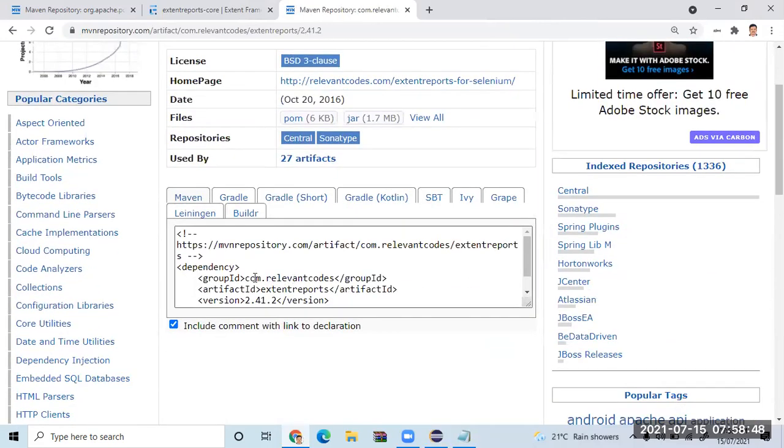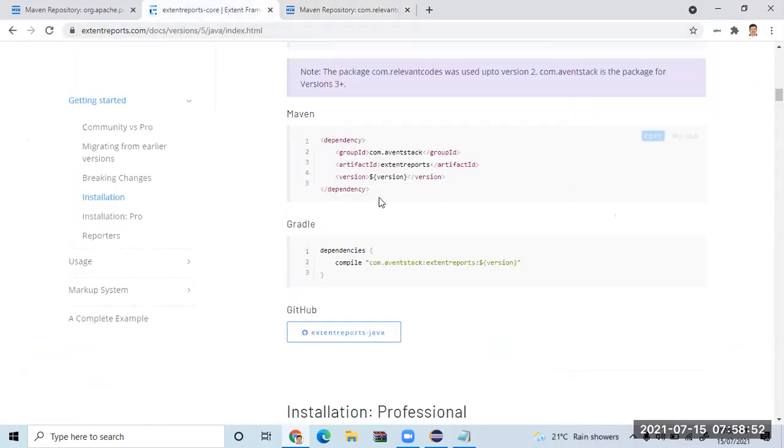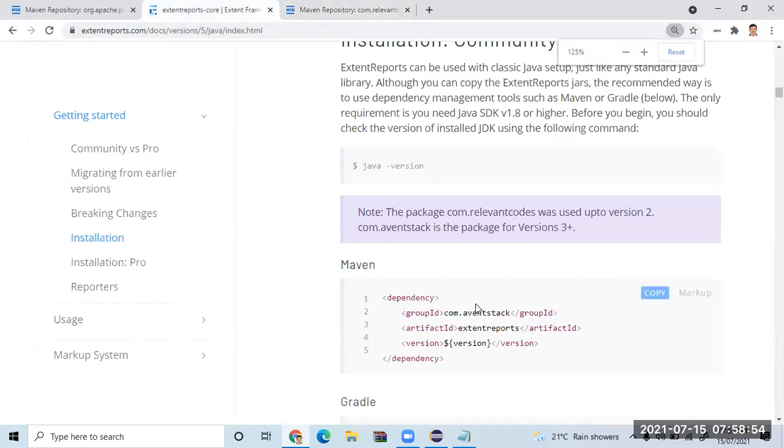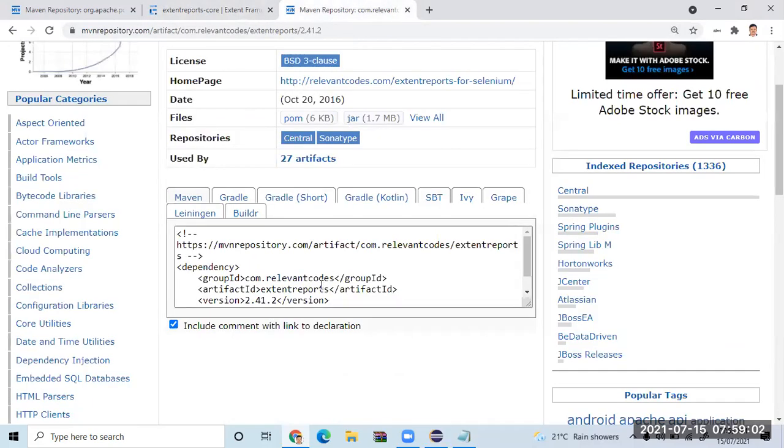Here, there is an option called relevantcodes. Let me just go here. What does it say here? Is it the same or different? Different. Why? Because earlier it was under a company called relevantcodes. Later, it was taken over by another company. So while searching, you should be very careful about it.